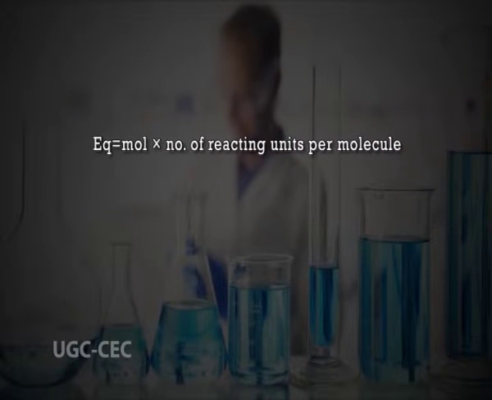As the volume of the solution changes with temperature, the normality of a solution changes with temperature. A 1 normal solution contains 1 gram equivalent per liter. An equivalent represents the mass of material providing Avogadro's number of reacting units. A reacting unit is a proton or an electron. The number of equivalents is given by the number of moles multiplied by the number of reacting units per molecule or atom. Equivalence, EQ, is equal to mole times the number of reacting units per molecule.